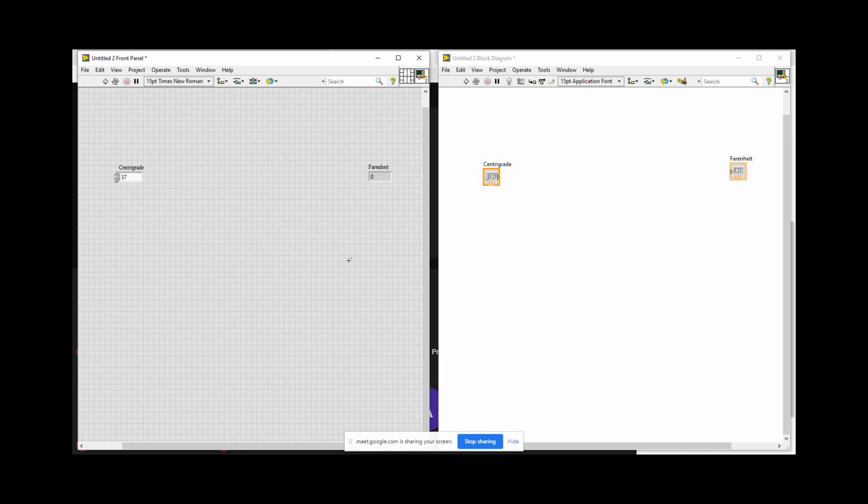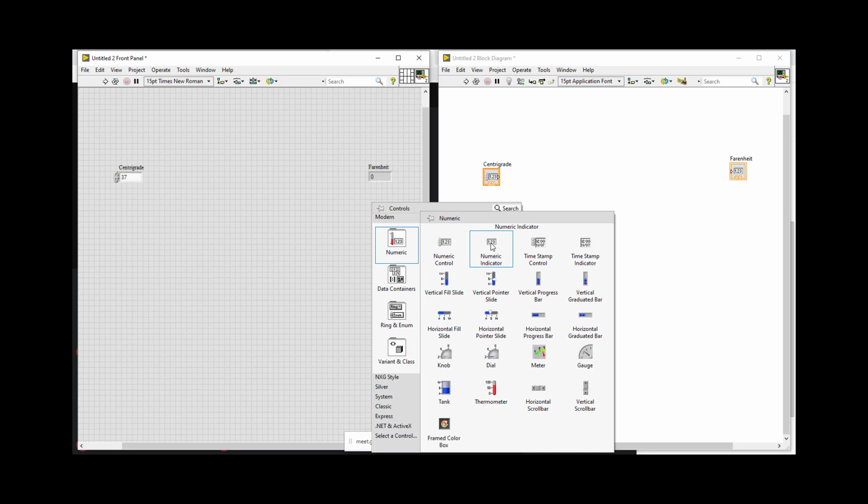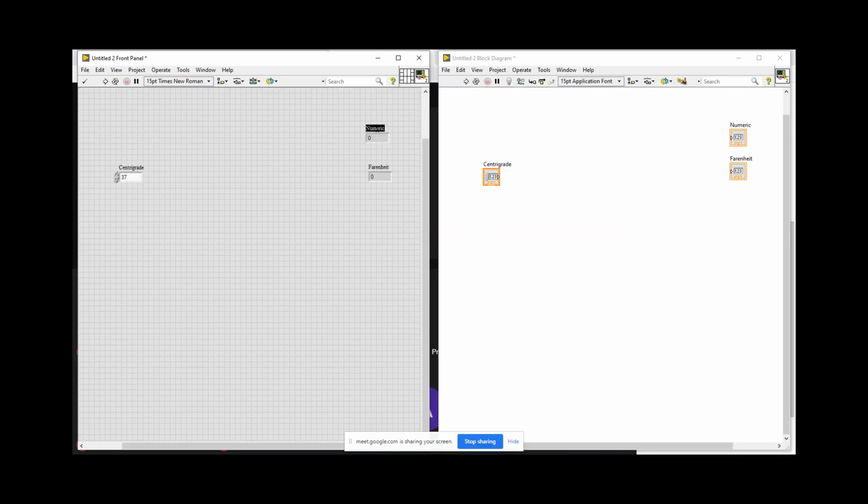Okay, so we have centigrade and Fahrenheit, but we have some operations going inside that. Okay, suppose if I want Kelvin also. Actually, I am inserting Kelvin because it will be much easier for you to understand.